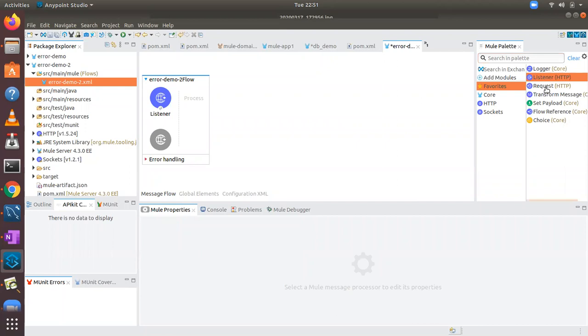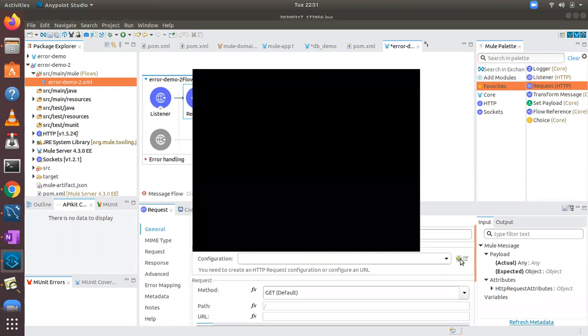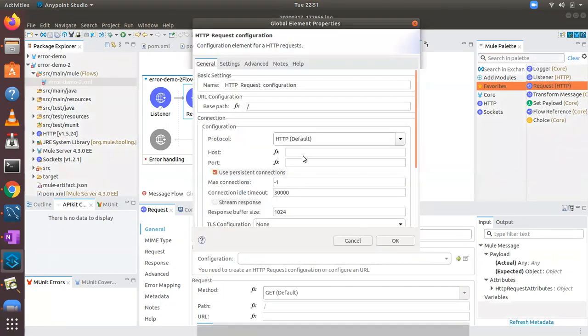and I configure some kind of HTTP request. In this request, I'm intentionally configuring some weird website, like 456hji.com. I'm sure this domain will not be present.